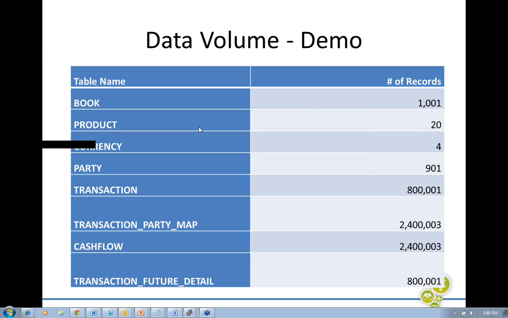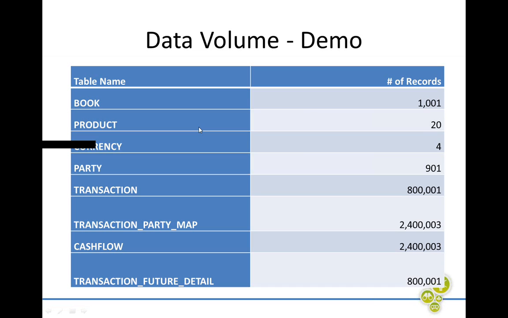So based on this problem statement and this volume, we implemented an in-memory data grid application using Gemfire as the product, and we loaded all this information as an object map in memory. Then we implemented a JMX client to fetch information from the memory, from the in-memory data grid, and see the response times.